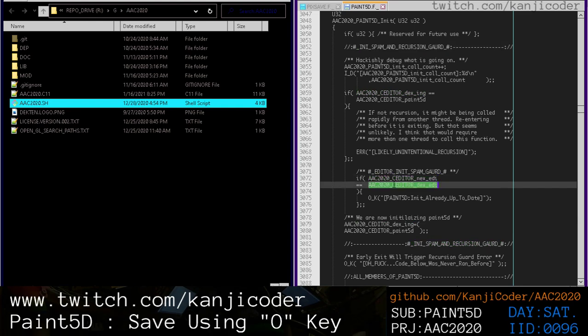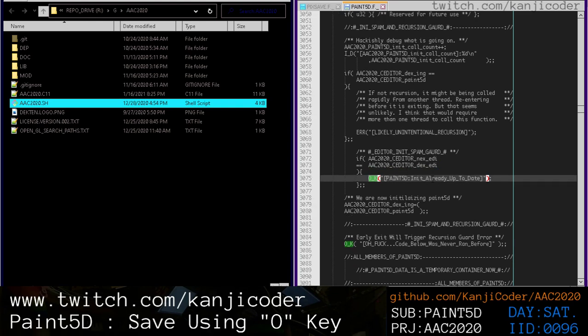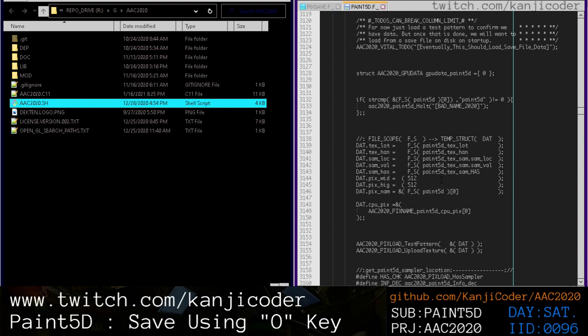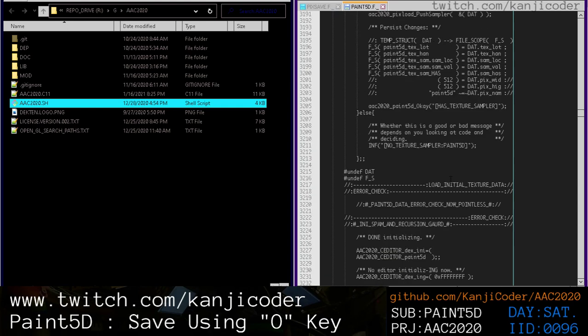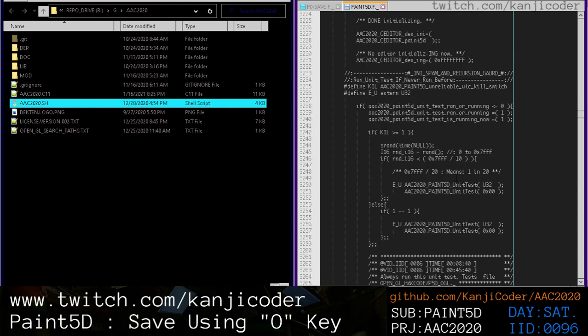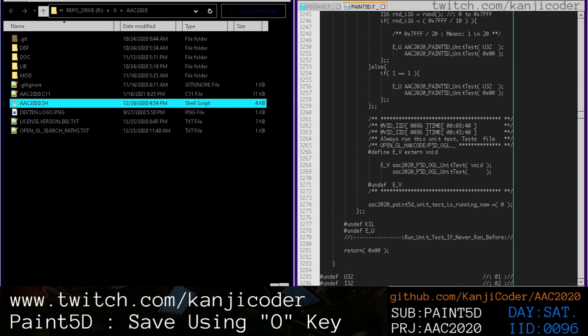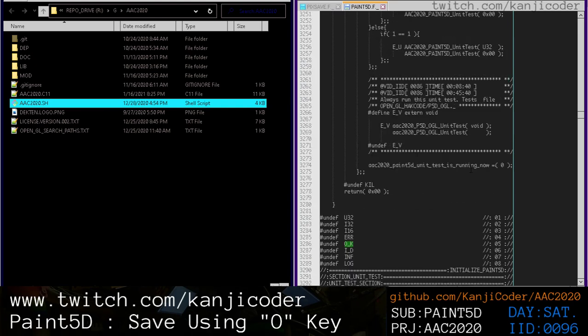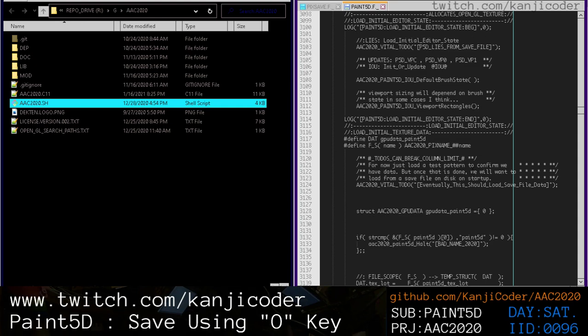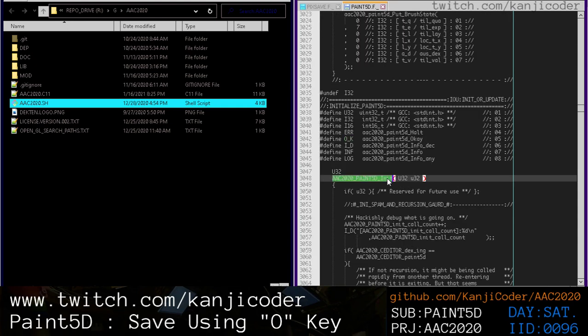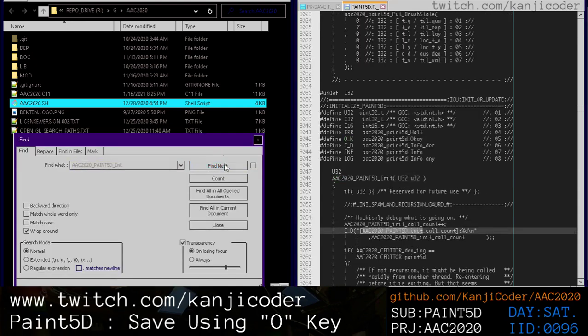If it says OK PAINT5D already up to date, but then it doesn't actually exit, right? It's like, okay, you're already up to date, but then we're going to run all this code, and this code has some texture modifying stuff in it, right? So now the question is, is there a private version of this function already? It doesn't look like there is, right? So if we look for the string right here, init whatever the heck,